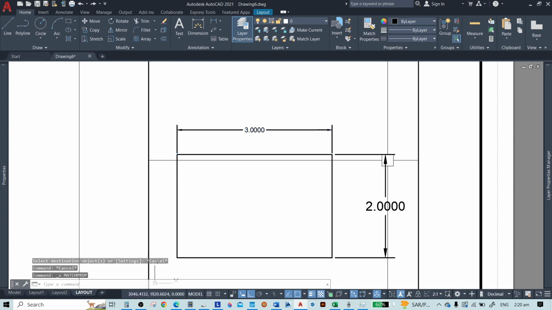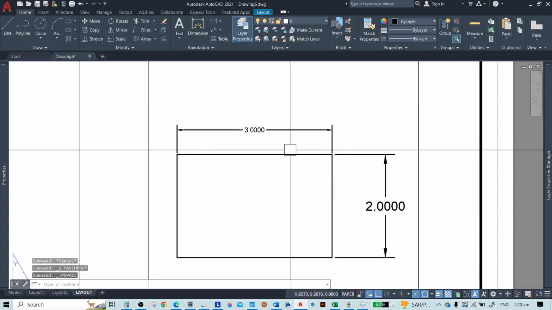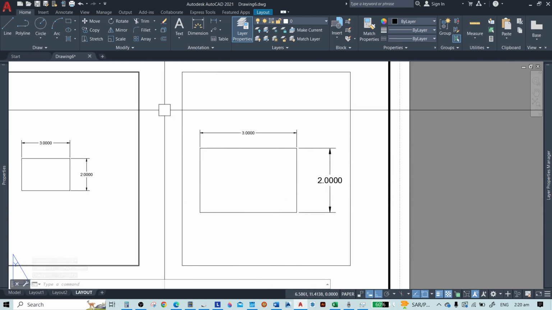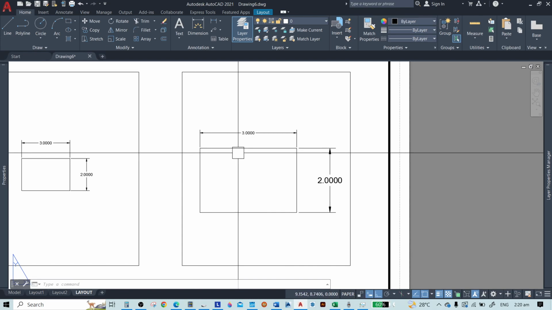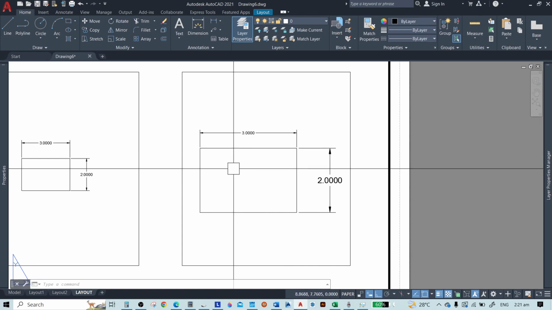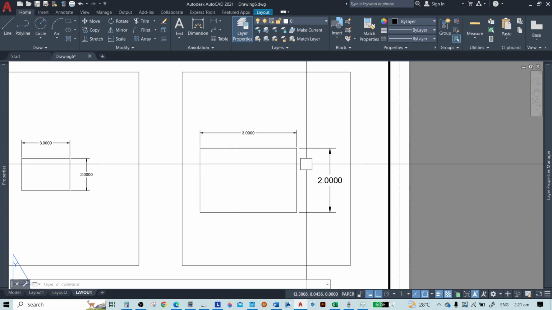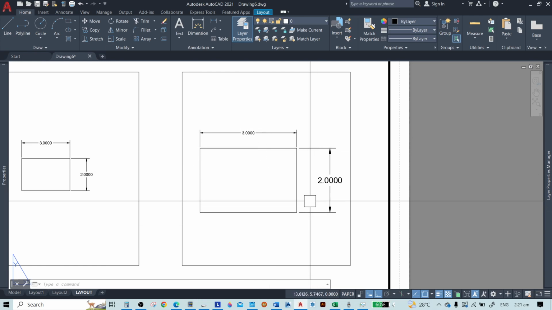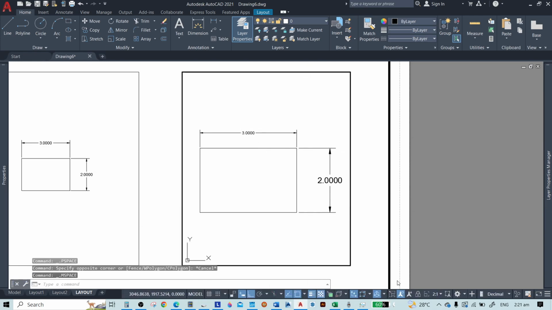Okay, na-apply na siya. But let's say for example you have a lot of dimensions here, so it will be inconvenient for you to click all those or match prop all those dimensions, especially there are a lot of dimensions, most probably there are dimensions that you will not be able to match prop or di na ta makabantay, wala na to na dimensionan. But on check on man pa na, but it will took a while in doing that kung daghan kay dimension. Now what you can do is, let's say for example this is 1:1.